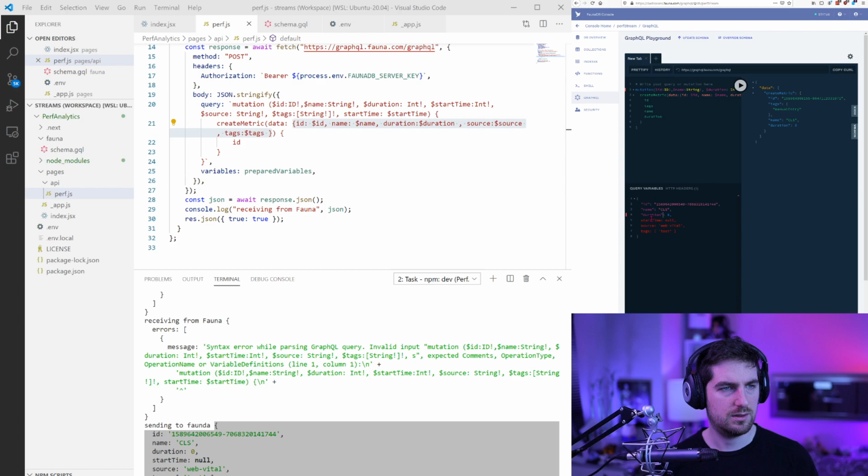Okay, duration is going to be 0. Start time is going to be null. Source WebVital tag. Okay, if I send this,